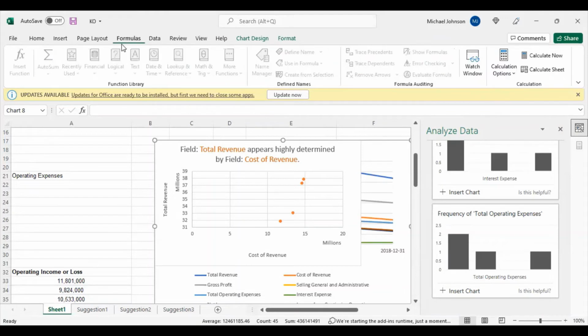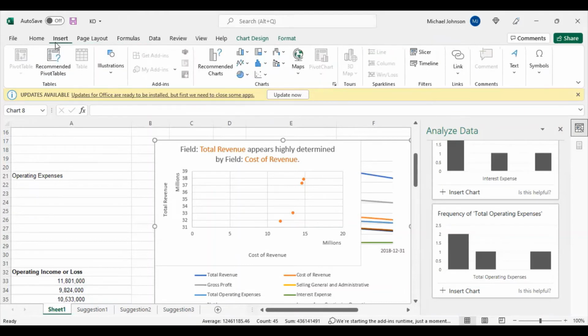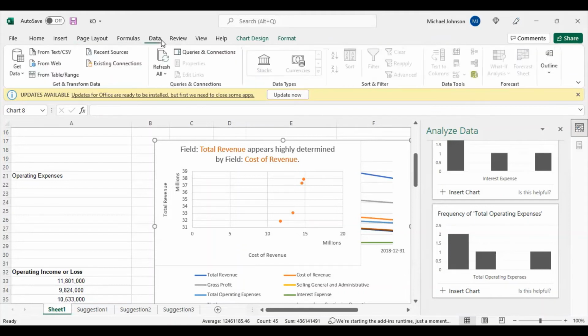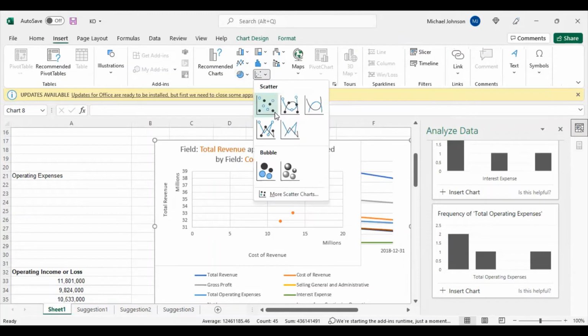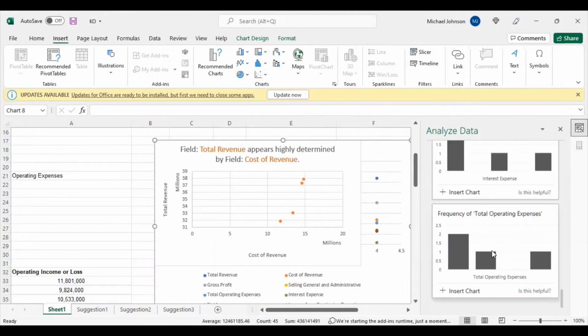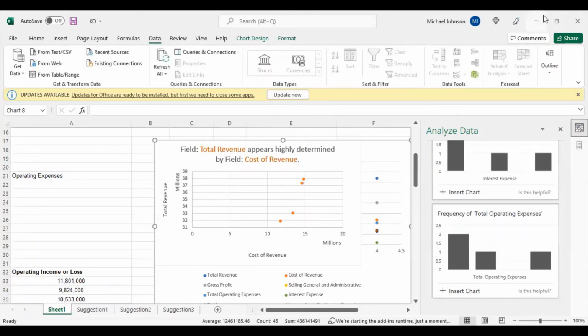These are good ways to analyze data. And then, so now we will